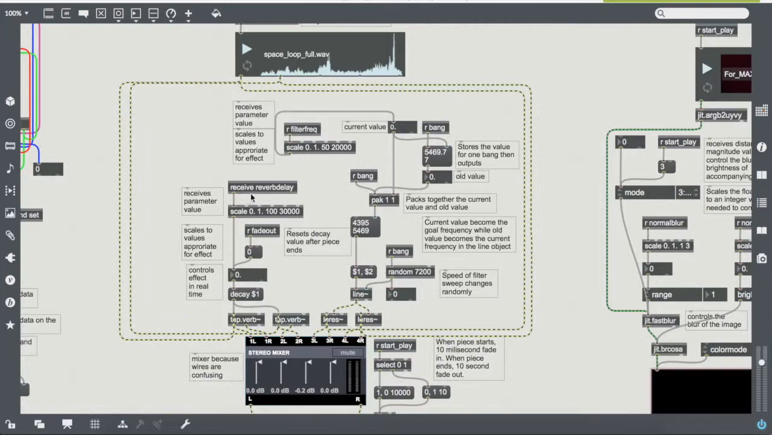Once they've been normalized and sent over here to the audio section, I then scale the values to numbers that are appropriate to the effects. So for the reverb, I scale it and it goes into two separate reverbs so that it is stereo. And then the filter, I